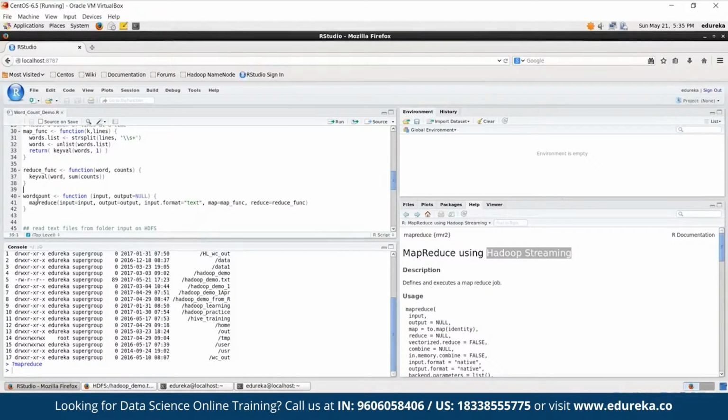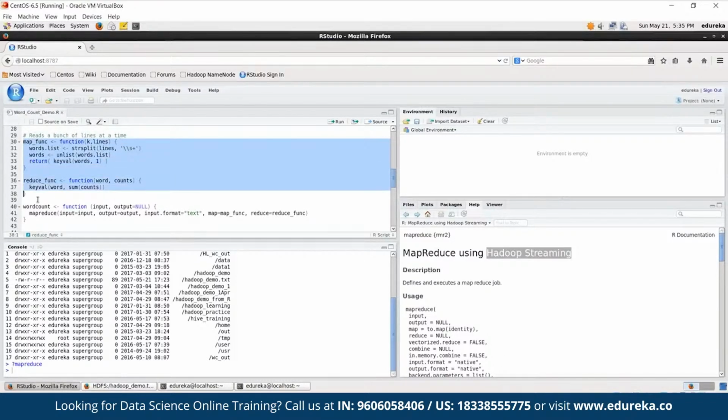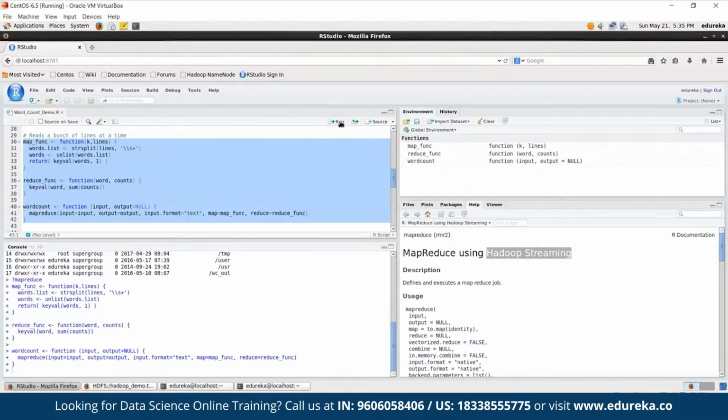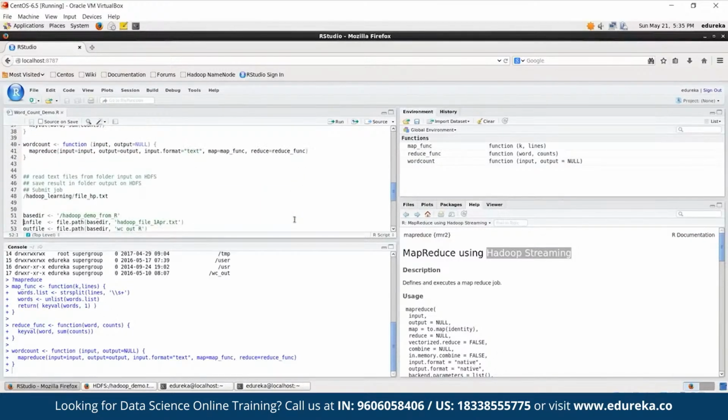Quite simple, right? Now let me create these functions one by one, or I can select all of it and say run. Remember, we have just defined the function, but we have not executed it so far. So everything is in place. I think I just need to set my correct input directories and things should be good to go. So let me give the base directory here. The base directory is actually the root, so there is no directory that we separately created. And inside this base directory, we know that our file name is